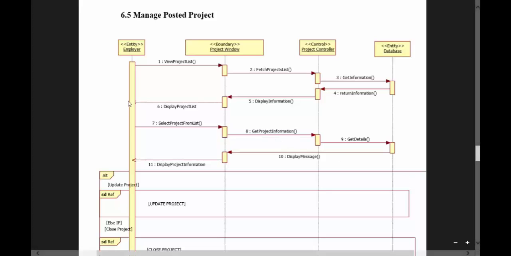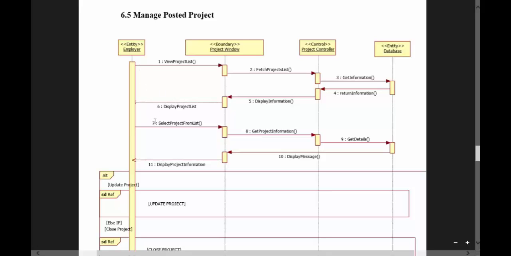First of all, the employer will request to view the project list. The window will in turn request the controller to fetch the project list, and the controller will get the information of the projects from the database and will display the project list to the employer.